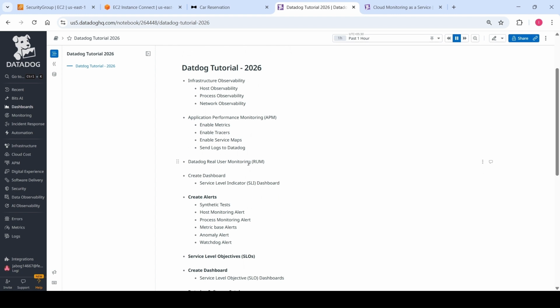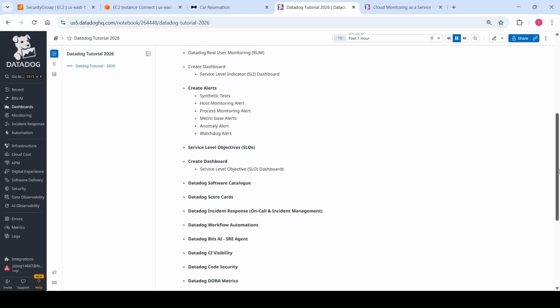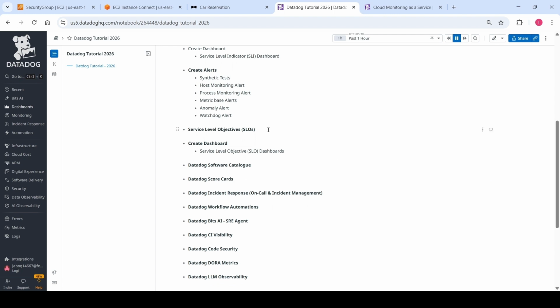We will look at real user monitoring, and then we will create a dashboard, which I would initially like to create SLI-focused, service level indicator driven dashboards, and then we will create alerts, and then we will look at creating service level objectives, and we'll create another dashboard focusing on service level objectives, and then we will look at some of the Datadog capabilities like Datadog software catalog, the scorecards, incident response using on-call and incident management, and